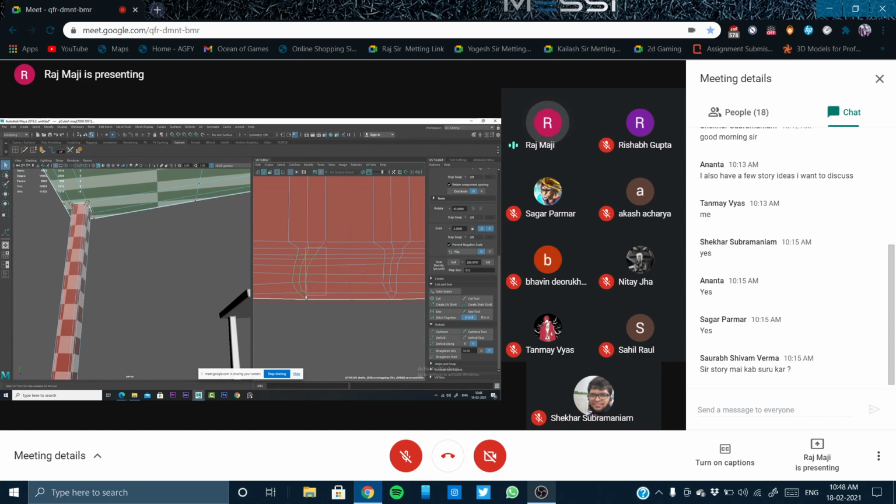Another thing could be done basically, if you want, select all the UVs if you want it more perfect. Okay, so this could be done. Selecting this, and let me check where they have kept the line.